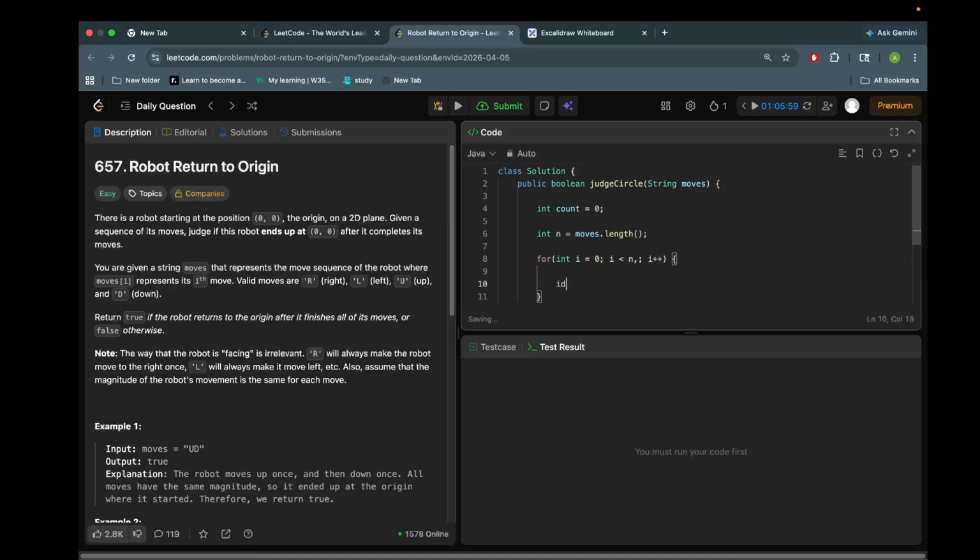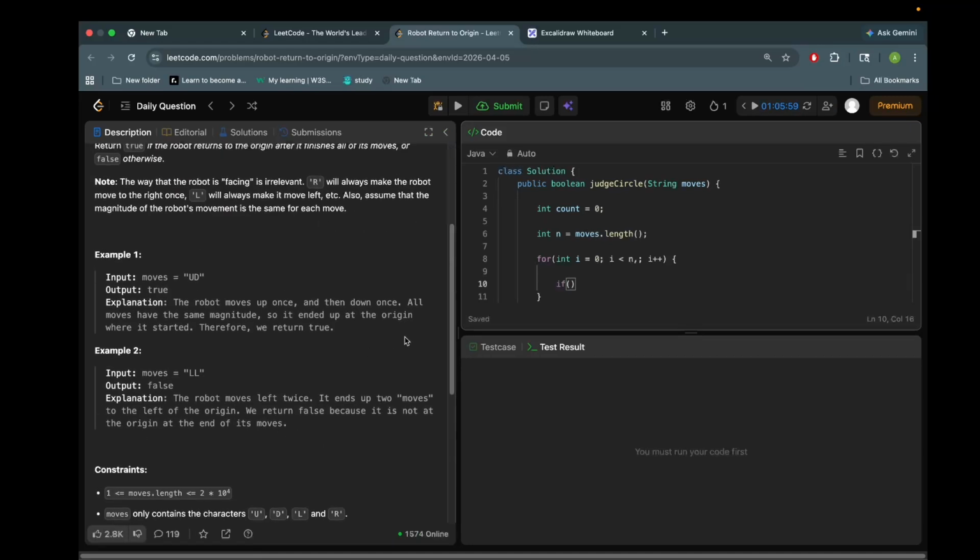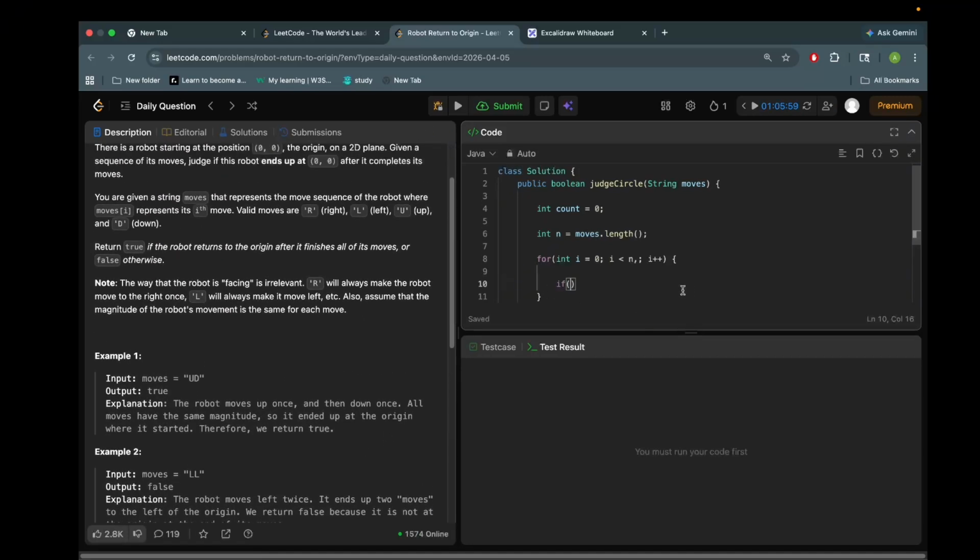So if, and is it all caps lock in the constraints? Okay, if moves.charAt(i)